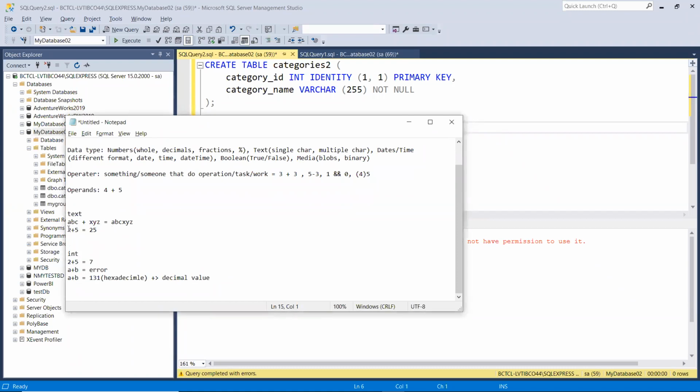Let's go to the next point. Suppose I am storing my number as a spelling. I'm not storing this number as a number, I'm storing it as a spelling. So what will happen when I try to add these two numbers, since my data type now is text? It will not give me 2 plus 5 equal to 7. It will give me 2 plus 5 is equal to 25, and this 25 is not a number, it is a spelling.